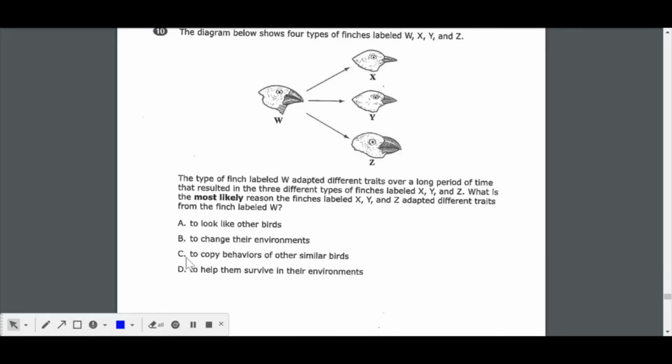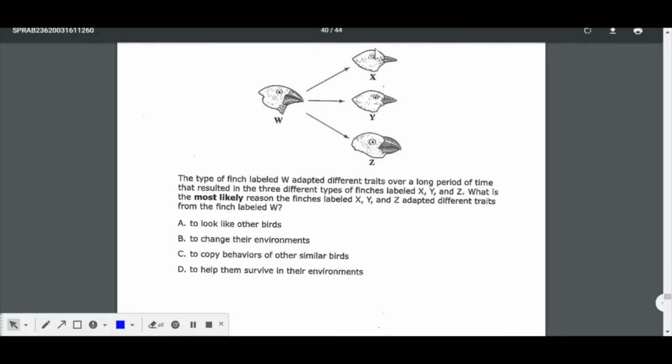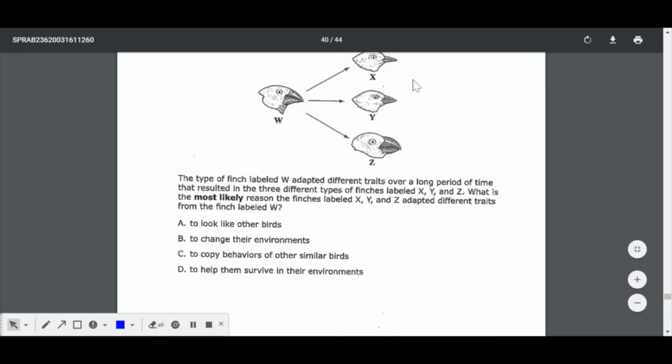So these two, A and C, kind of go together, and B and D kind of go together. So you need to think which one would be an accurate reason for the bird's beaks to change over time. Okay, so